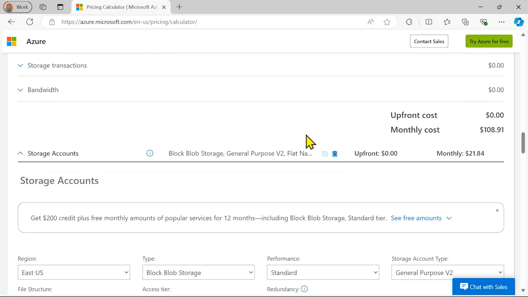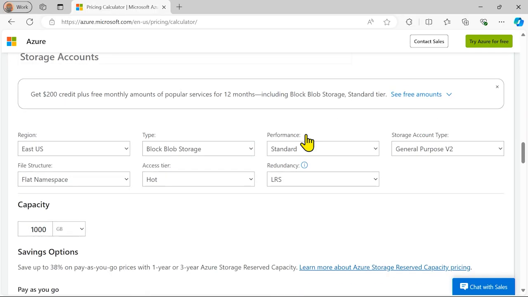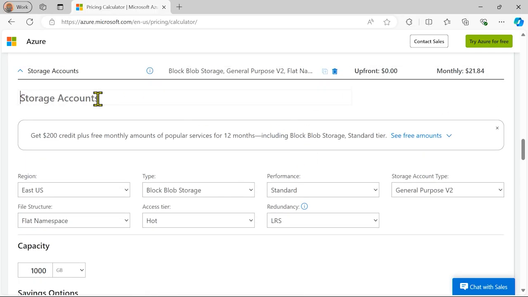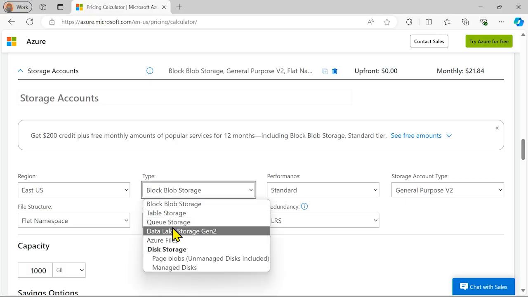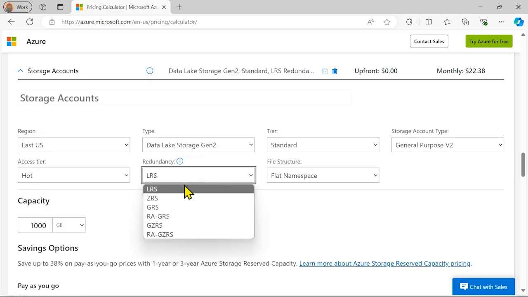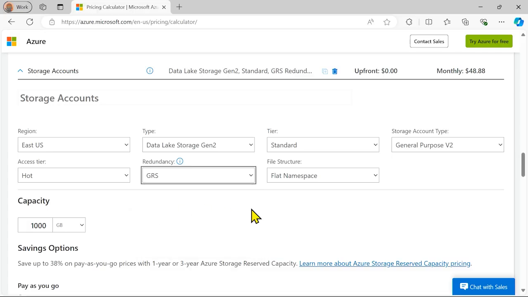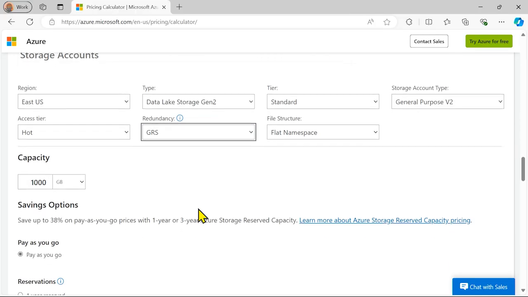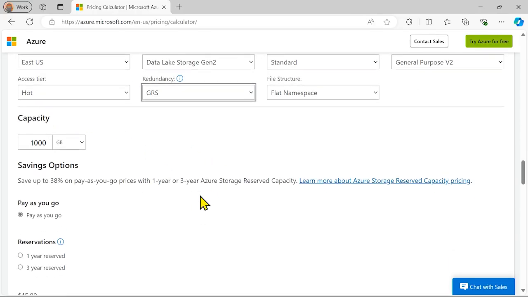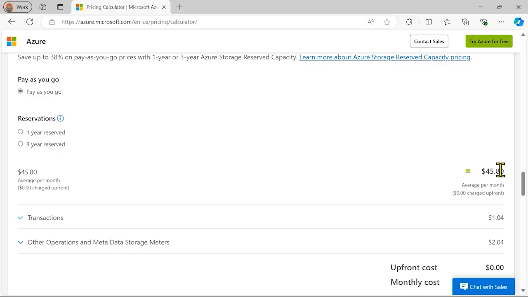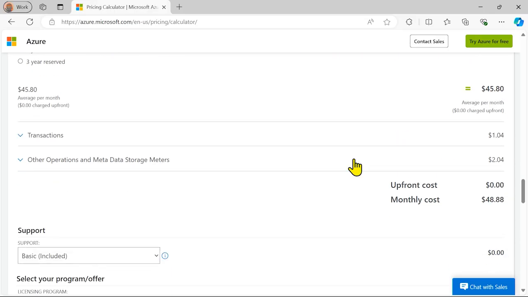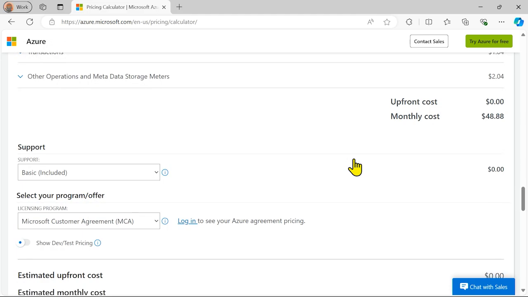If we come down to storage accounts, this is the other thing that I added to my estimate. We can see the settings are different because the service is different. So on a type, blob storage, we can play around with the different types again. Redundancy, these will all change the price tag, what kind of capacity we're going to use, and that's going to be the capacity that we can consume, things like the access tier. And so you can play around with these settings and watch the price tag change for your overall estimate. Now, because I added two things here, I see my total price at $157.79,